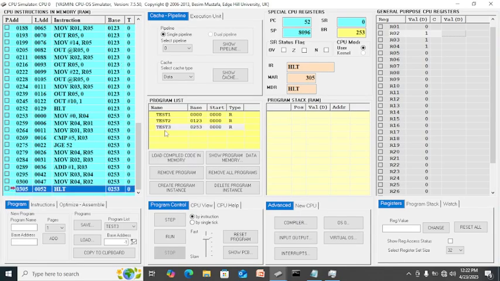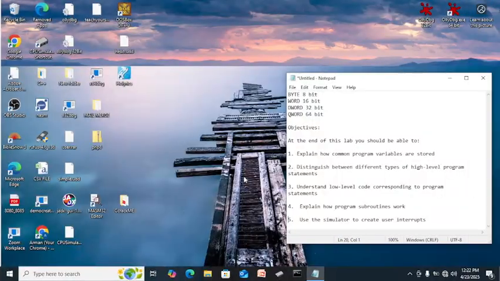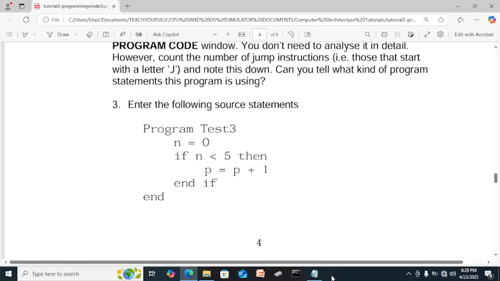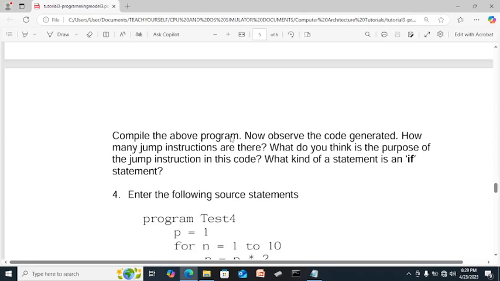So from here you can, okay, so we continue this one. So p plus 1, so it's just looping, and compile the above program. Now observe the code generated, how many jump instructions are there.